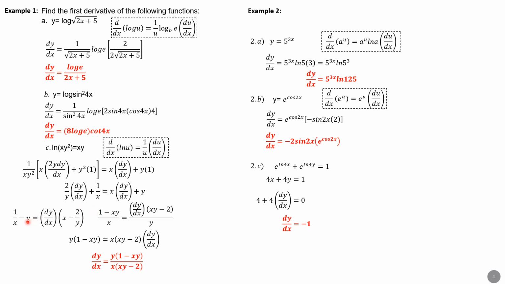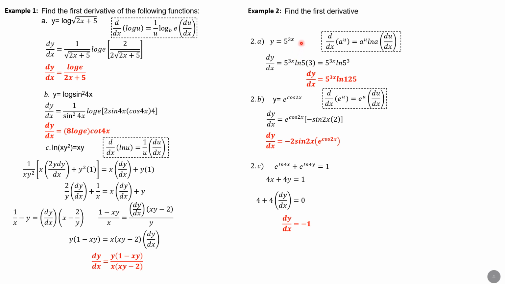Simplifying, we have 1 minus xy over x, then dy dx times xy minus 2 over y. Then finally, cross multiply: y times quantity 1 minus xy equals x times quantity xy minus 2 dy dx. So dy dx is y, quantity 1 minus xy, all over x, quantity xy minus 2. So that's for examples 1. Example 2,